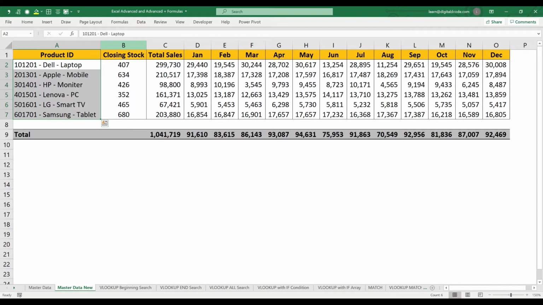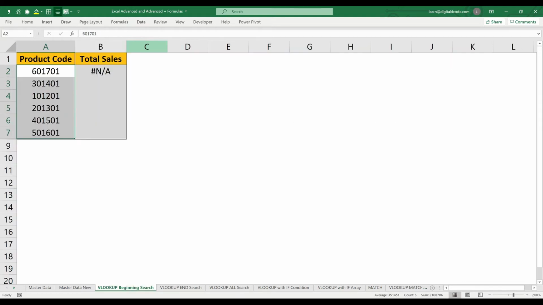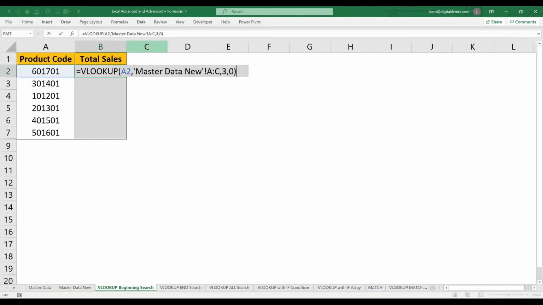So if you get the same scenario, what you can do is, you already have VLOOKUP. On top of that, before the lookup value, just use an ampersand and use an asterisk within double quotes. Asterisk or star within double quotes. So enter.